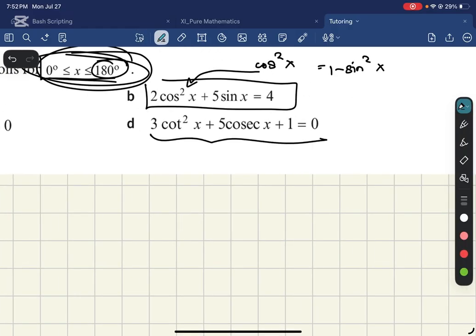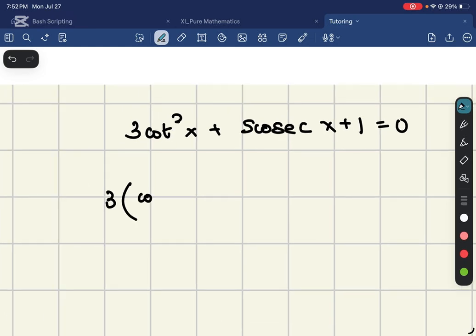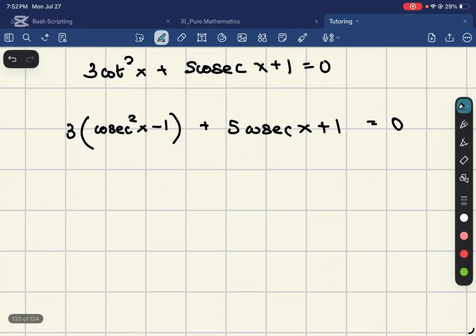Let's look at D. So we have 3 cot squared x plus 5 cosecant x plus 1 is equal to 0. And rather than working, we can use the identity, right? Cot squared x is just cosecant squared x minus 1. And I'm going to leave you to figure out how I get to that point. So we have 5 cosecant x plus 1 equals 0. And now, if I simplify, and I'm going to leave the simplification to you as well, I get 3 cosecant squared x